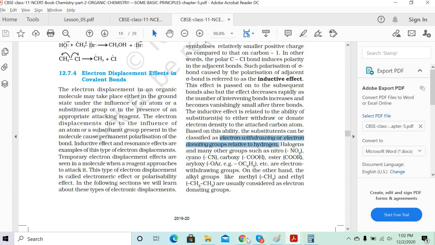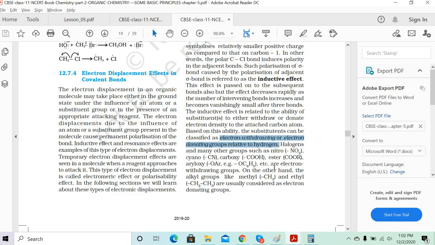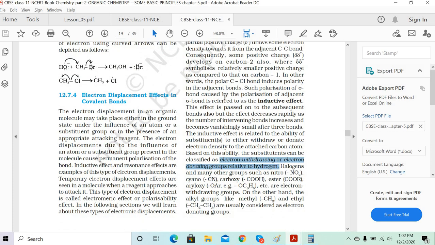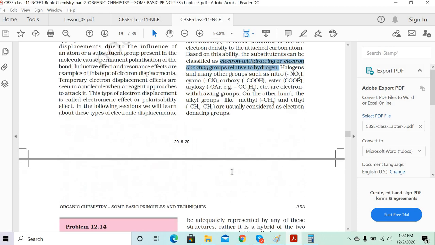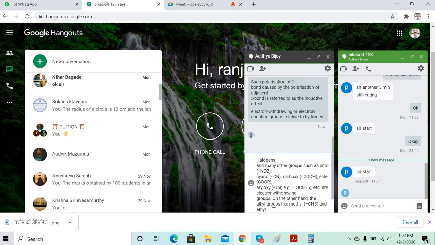These are new concepts you are going to learn now. We are showing it with the CH3 group, but it can be some other group. It can be an NO2 group, a COH group, a cyanide group, anything. Depending on that, the inductive effect starts happening. Understood this part? So write down the electron withdrawing and electron donating groups. What are those electron withdrawing and electron donating groups? We need to remember this part, so write down the characteristics.